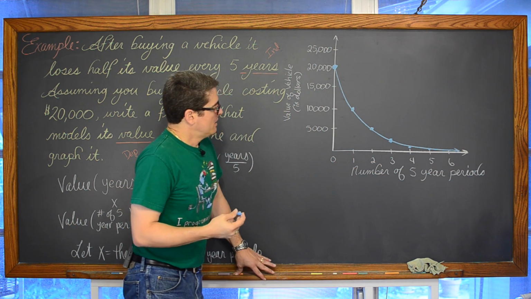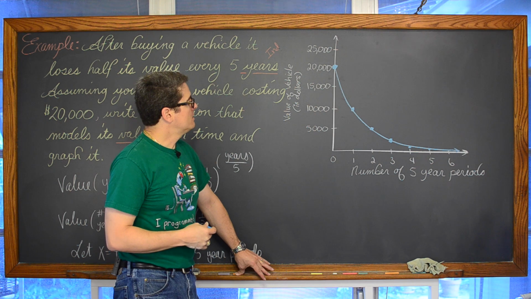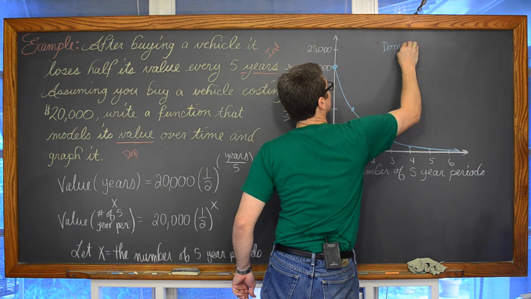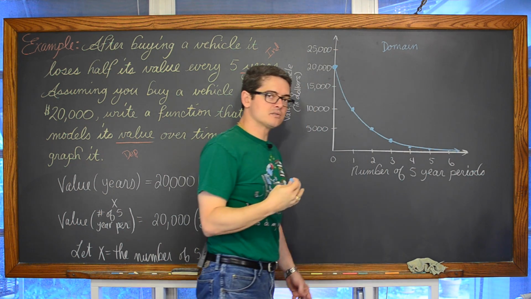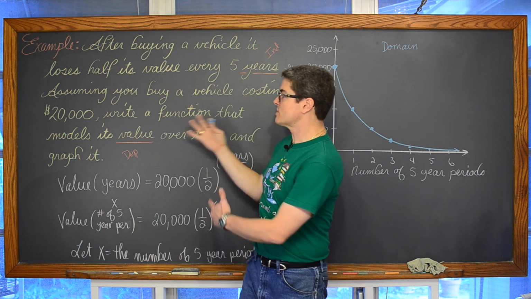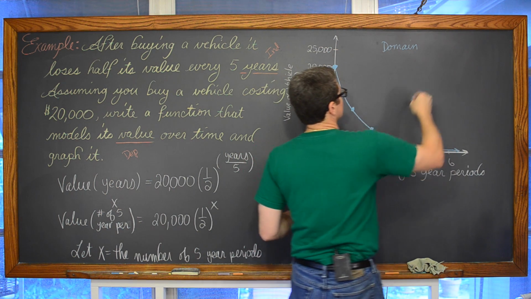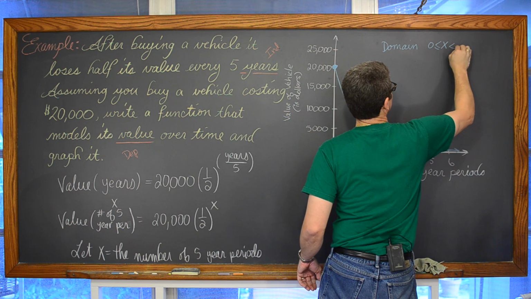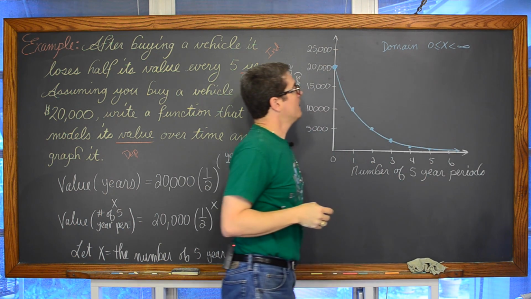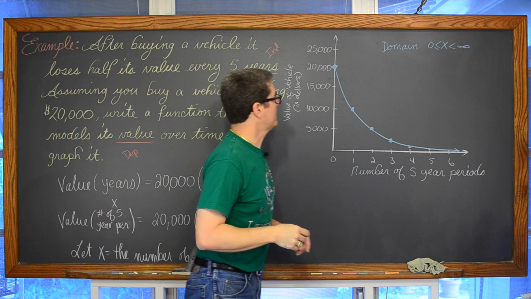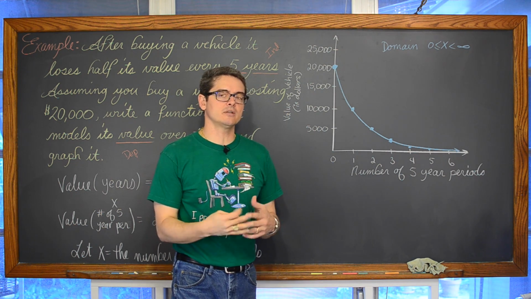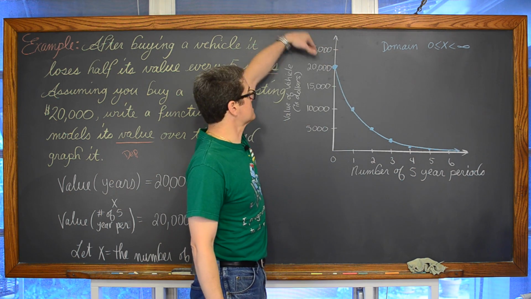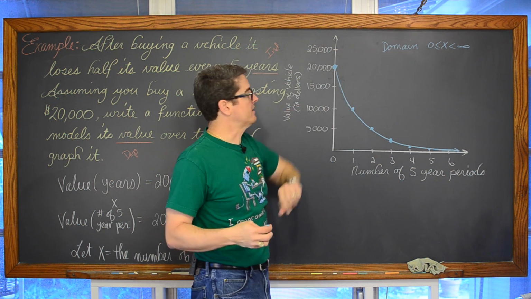Okay. The domain and range of this graph. The domain, at least in terms of this word problem, ownership of the vehicle, is going to be that x is greater than or equal to 0, and less than infinity, because it's going to just go on to the right forever. And if it was just an exponential function that had no real life context, of course, this could cross the x-axis and continue up to the left. You saw that earlier in the lesson.